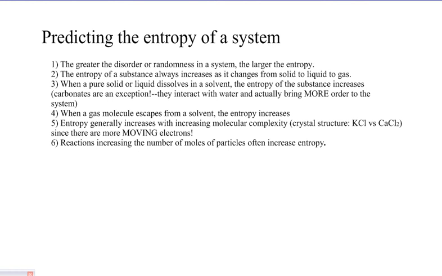So we can predict the value for delta S, be it positive or negative. It's going to increase if chaos is going to increase, or decrease, if we just embrace a couple concepts. First off, the greater the disorder, the more randomness in a system, the larger delta S is going to be. So if we go from something that is solid to something that is liquid or something that is gas, we are going to be increasing. So we're going to have a positive delta S,